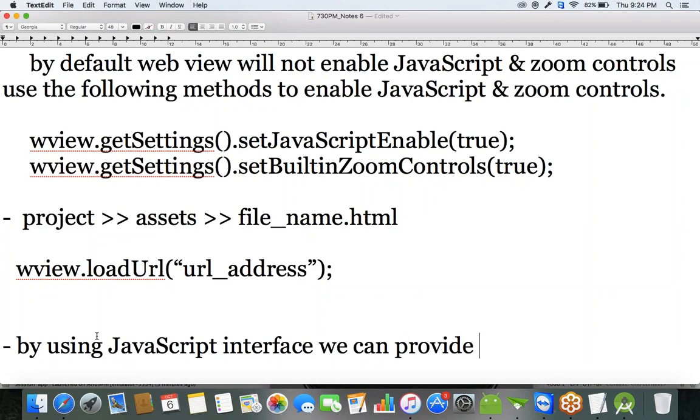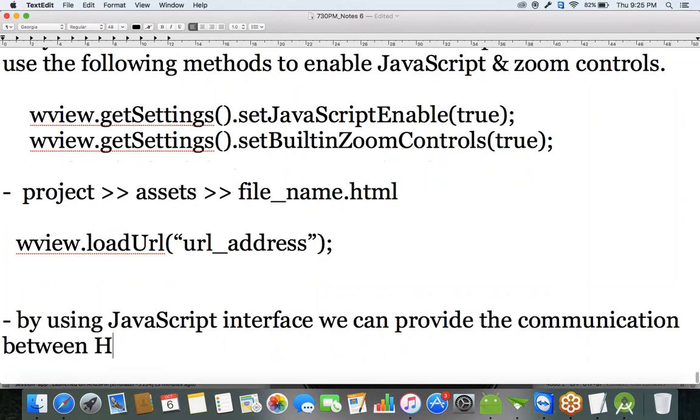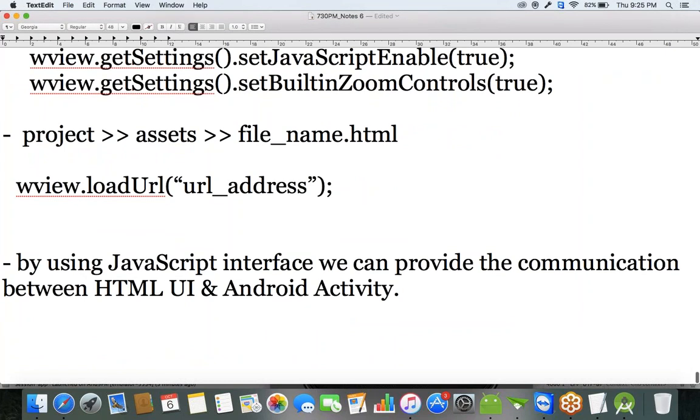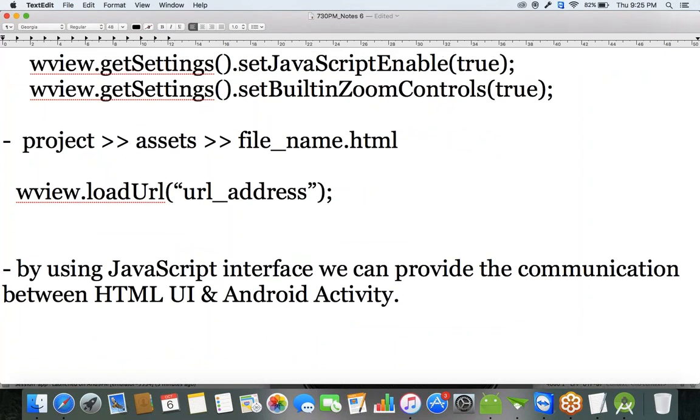we can provide the communication between HTML user interface and Android activity. Okay. So for this, what we have to do is